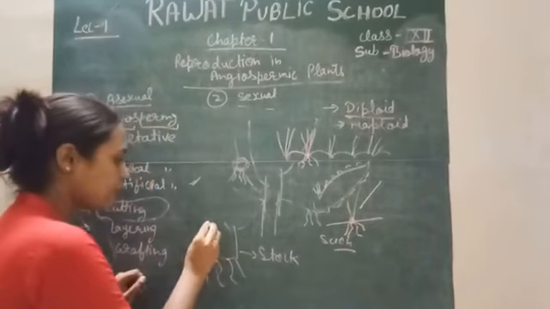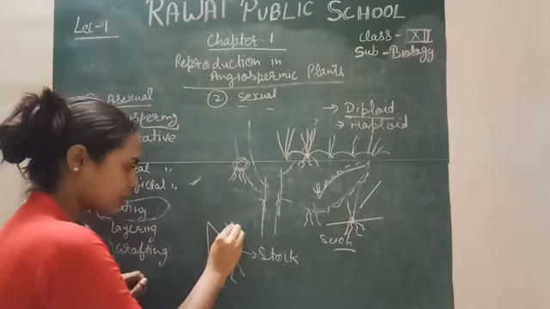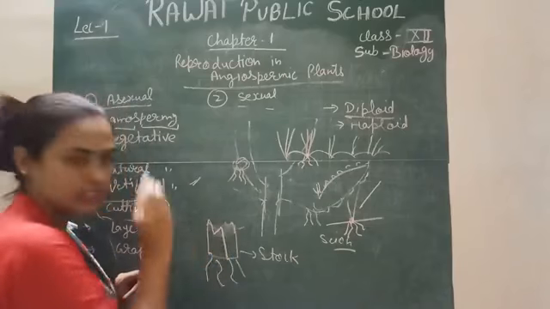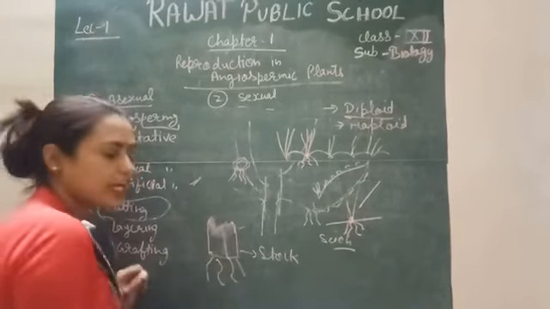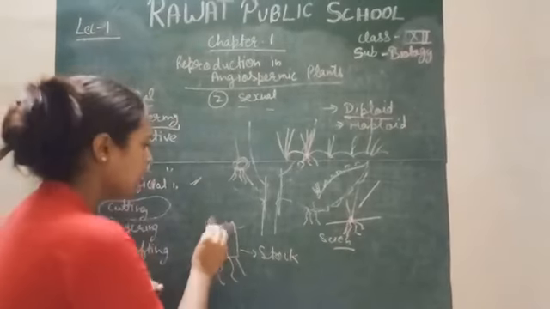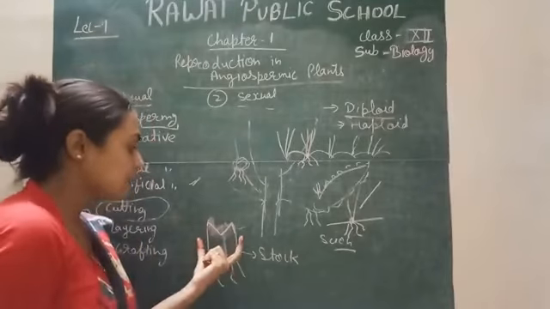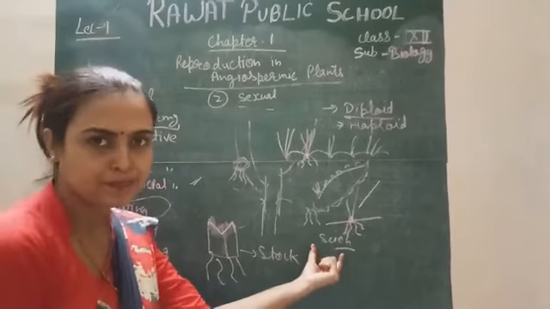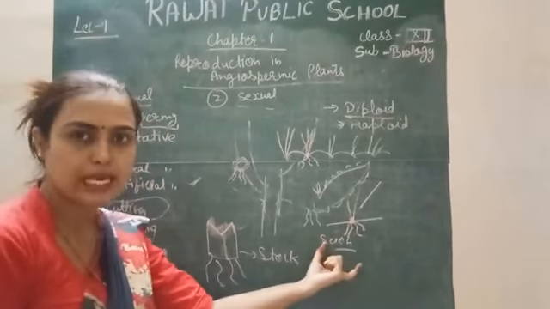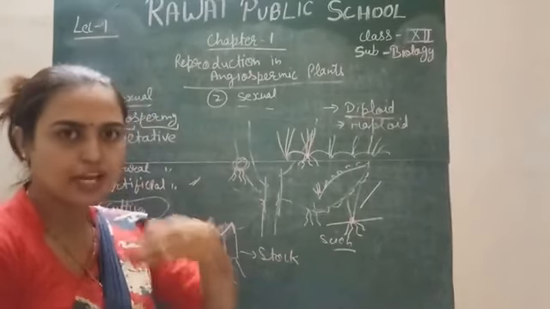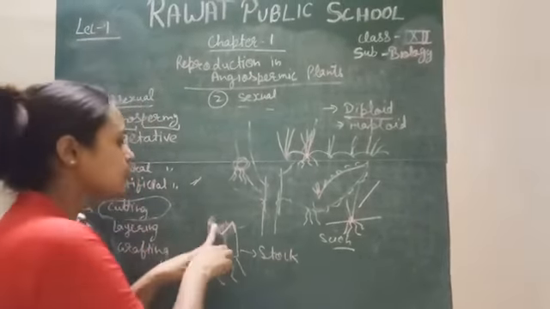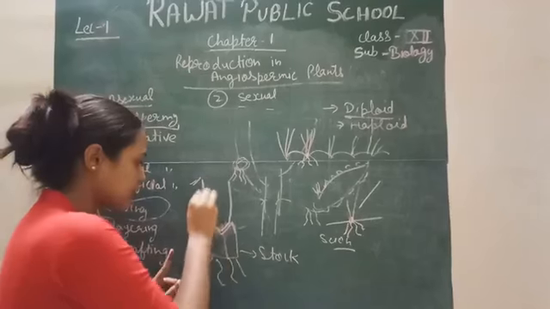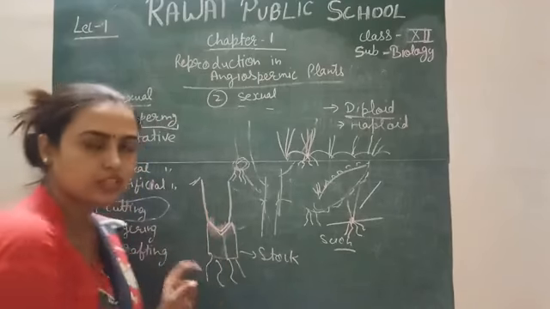So we will make a wedge shape cutting or a tongue shape cutting. This is the wedge shape cutting, like this. In wedge shape and tongue shape cutting, the diameter of the stalk and scion should be the same. The same cut we do in the scion, and we put the scion, your desired stem, here and tie it tightly.